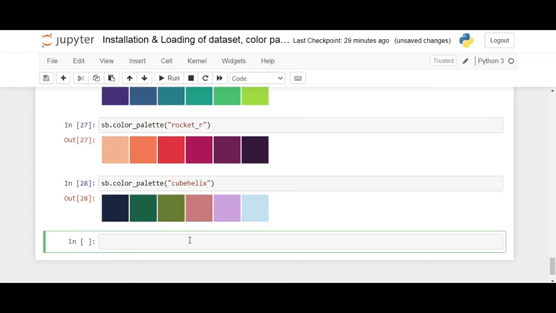So this is a little bit of a different one. Now I will make a little bit of change here, then sb dot cubehelix underscore palette,